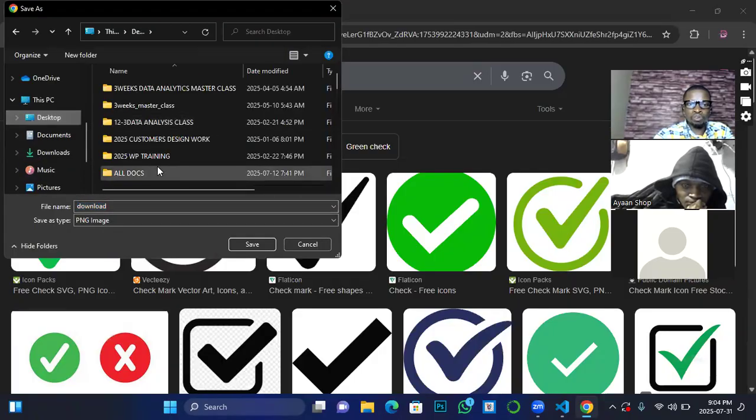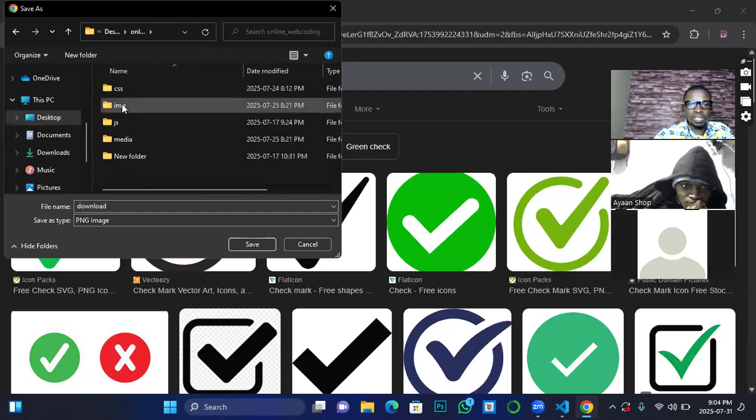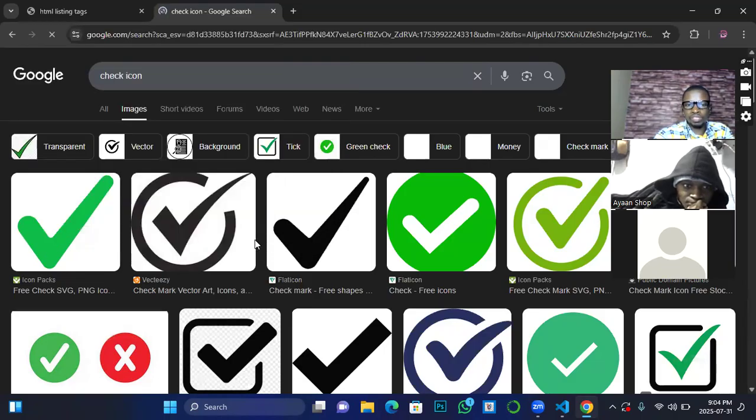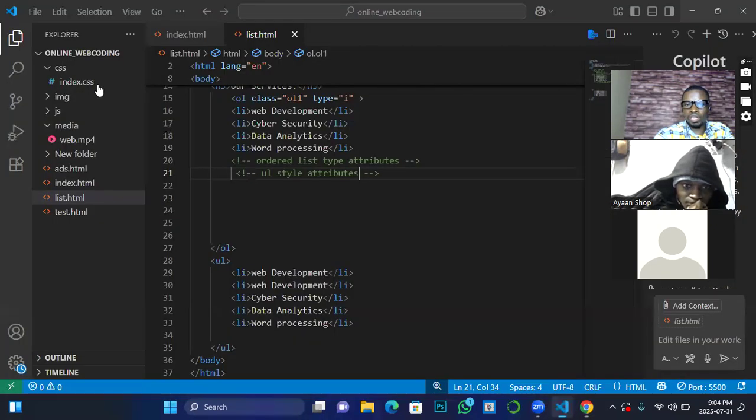So I go to my root, and I think I'm working with this, then go inside image and just name it icon. Then I save. If I go back to my development environment and I want to use it,